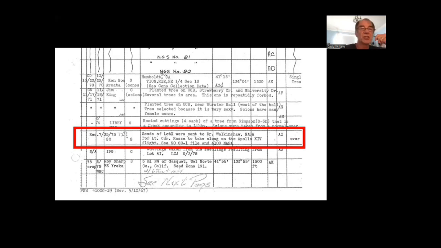And so this is a copy from their records, of their seed accession records, and this is a copy of the seeds that were collected. Redwood seeds. They were designated Lot X. They were collected in 1961 or 2 or something, and stored at the Forest Service. And they pulled seeds from this lot and they sent them to Dr. Walkinshaw, who was in charge of the moon trees from the NASA side. And you can see it says for Lieutenant Commander Roosa. It's misspelled as Roosa, but to take along in Apollo 14. So there's the actual record of them pulling the seeds out and sending them for the mission,